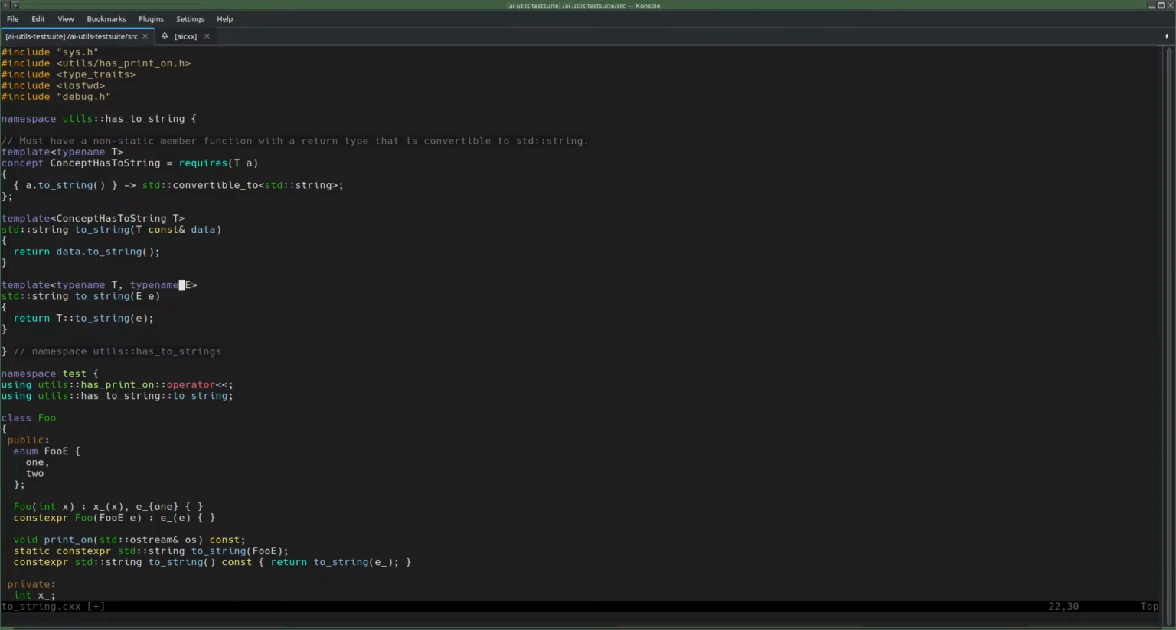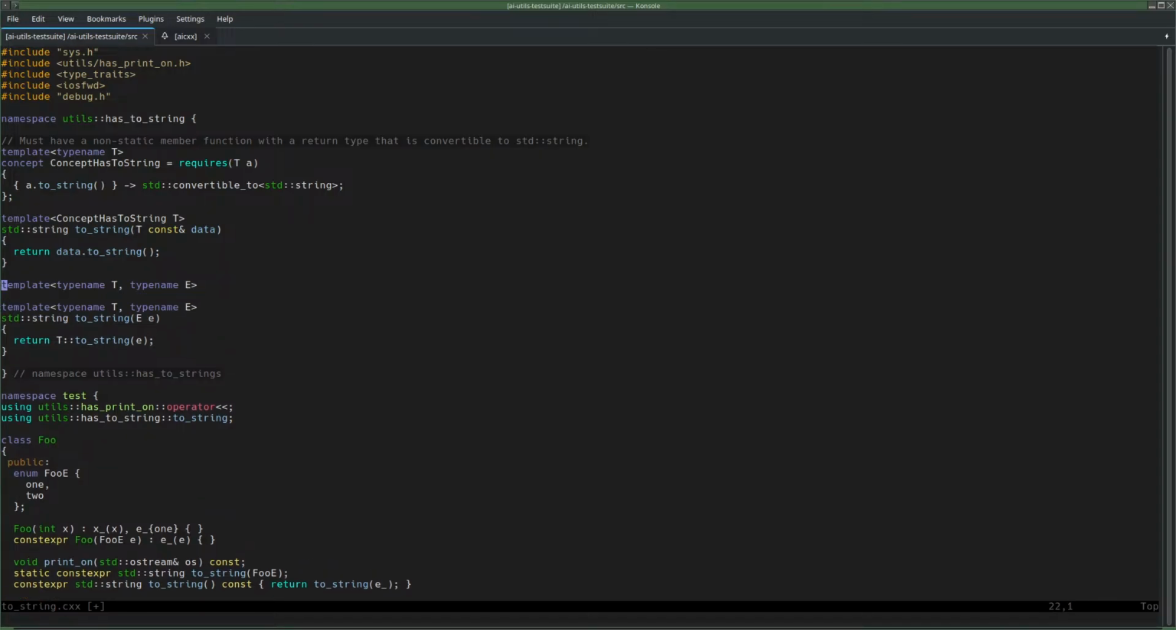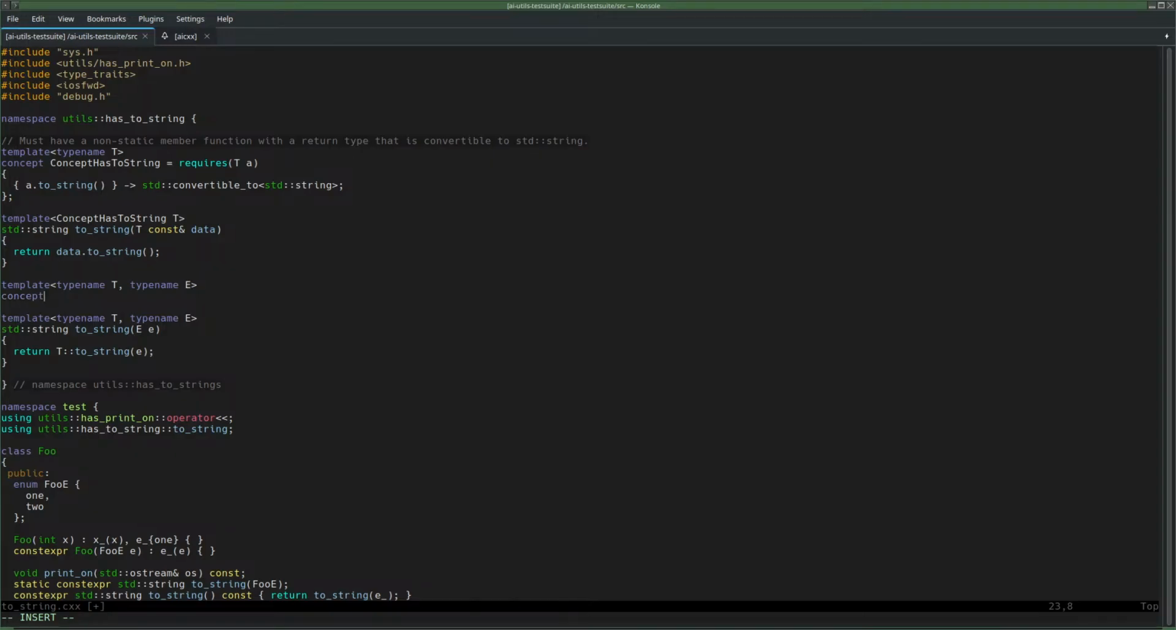Oh, that is possible, of course. Maybe we should just start with writing the concept. Can I have a concept with two types? Of course you can have a concept with two types. But